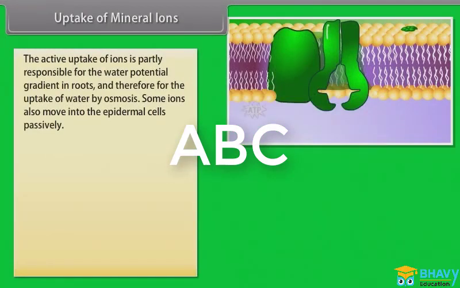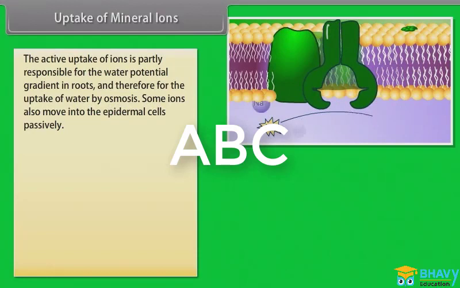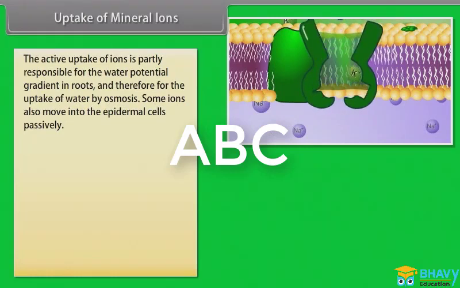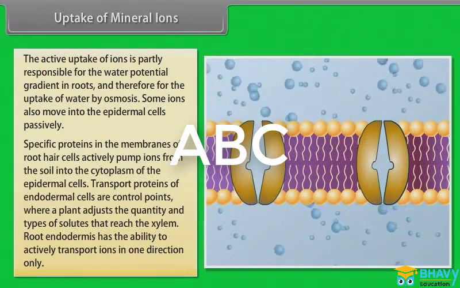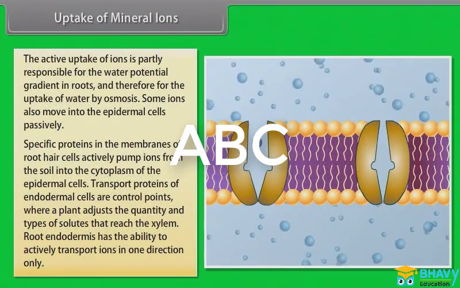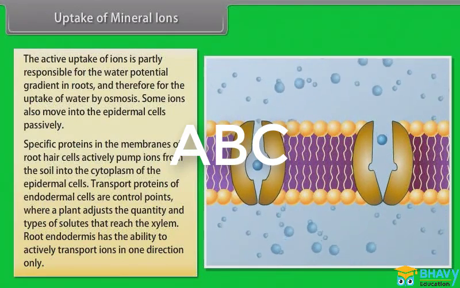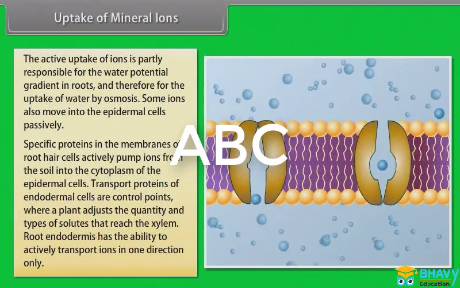The active uptake of ions is partly responsible for the water potential gradient in roots and therefore for the uptake of water by osmosis. Some ions also move into the epidermal cells passively. Do you know the fact that ions are absorbed from the soil by both passive and active transport? Specific proteins in the membranes of root hair cells actively pump ions from the soil into the cytoplasm of the